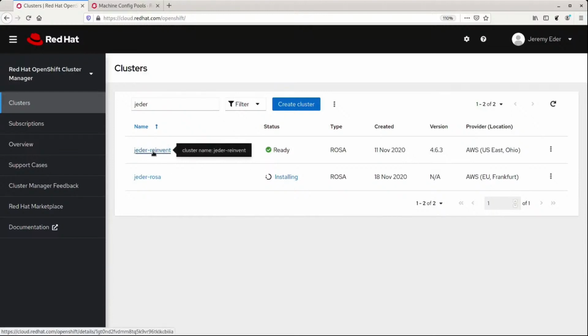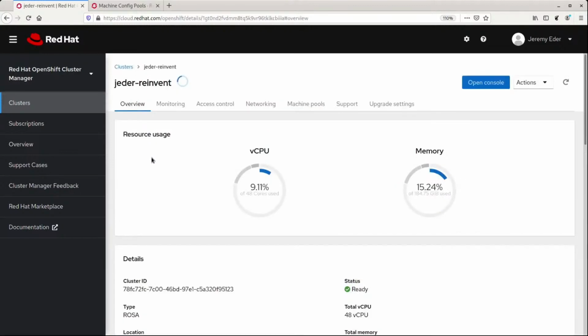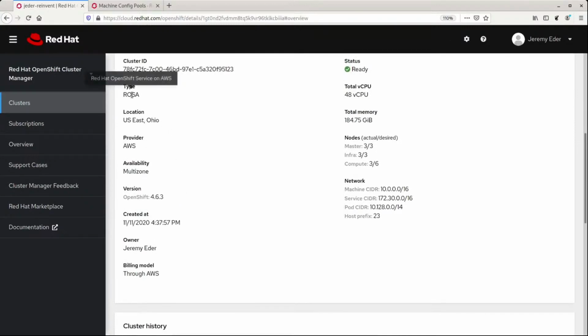If I click on the reInvent cluster, which is the one we just created machine pools on, there's an overview page, resource utilization. You can see the type here is ROSA, provider AWS, and the billing model is through AWS.